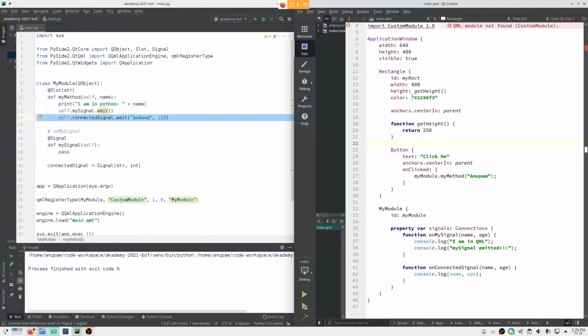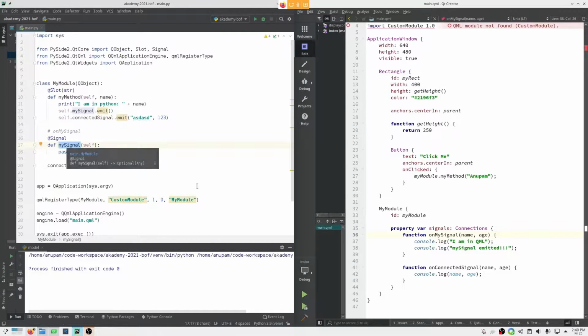In QML, these properties come with a default signal. If you remember the last session, if we have a signal named mySignal, the corresponding handler would be called onMySignal.